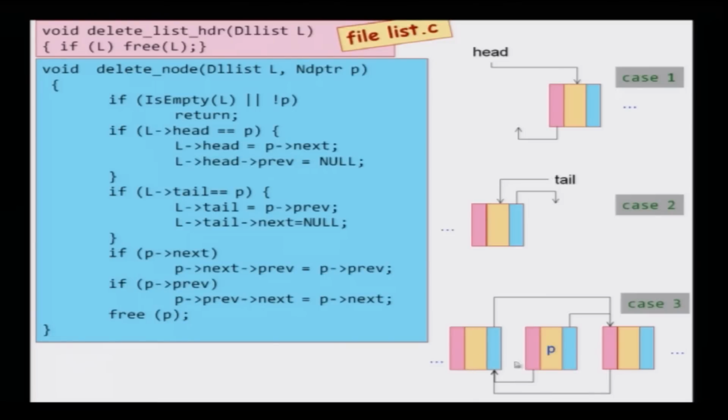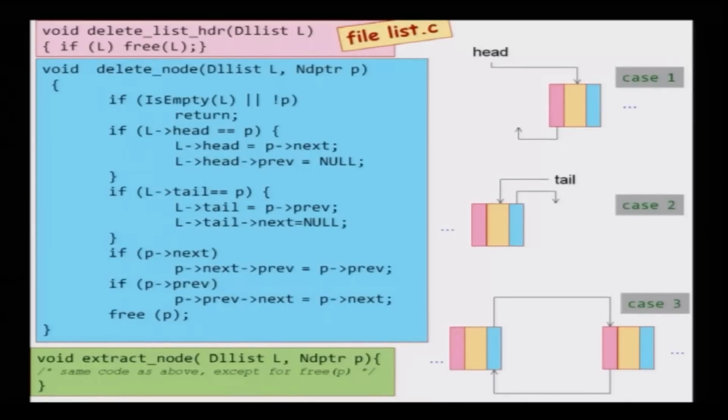Now, if you look at the links, this guy's next is the one after P, this guy's previous is the one before P. So, now P can be safely removed. Okay. So, this is how you would delete a node in the intermediate list. So, if there is a next node, then P next previous will be P previous, that is this backward link, and if there is a previous node, then P previous next will be P next, that is this forward link, and finally after that you will free P. Okay. So, this is how you would delete a node from a doubly linked list,